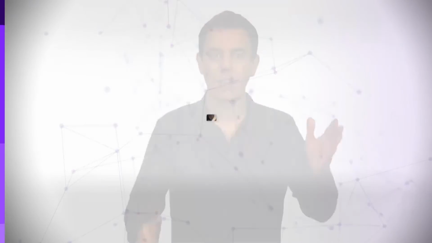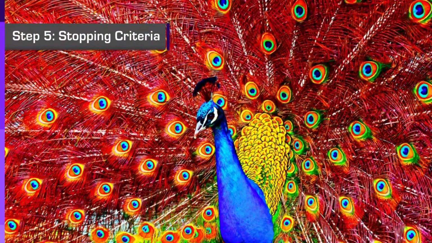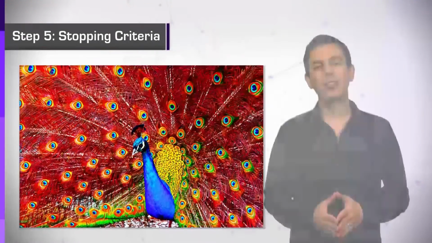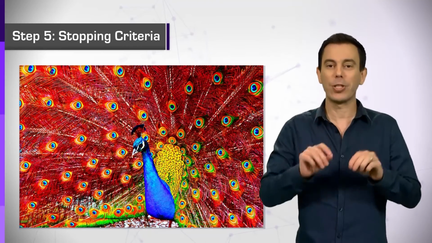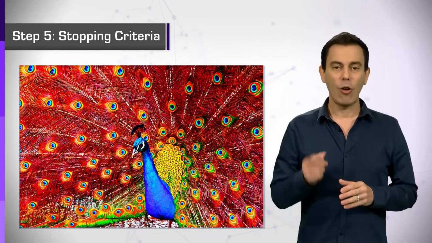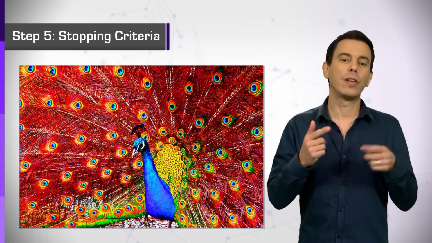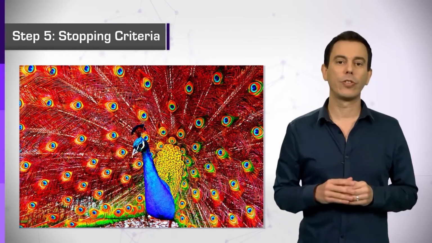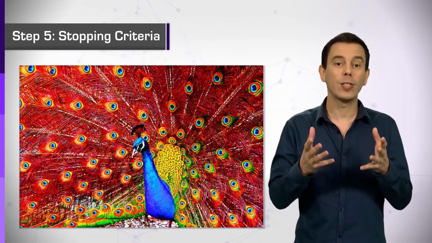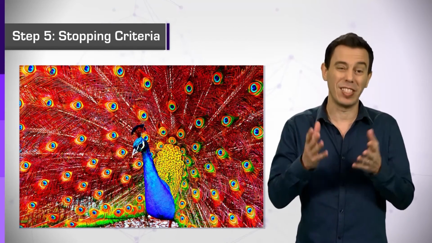But every algorithm needs to stop and produce the required output. So when will we stop this process that potentially could continue forever? Step 5, stopping criteria. One criterion to stop could be if we reached an individual with the best possible fitness score. However, in many cases, we don't know what is the best possible score for the problem we are facing. So another very good criterion is to see when improvements become marginal or non-existent.